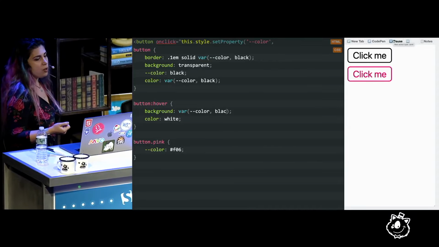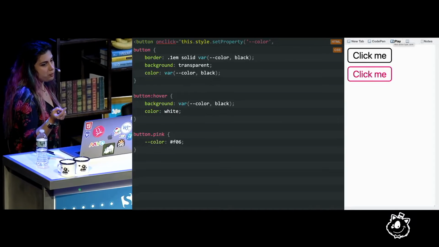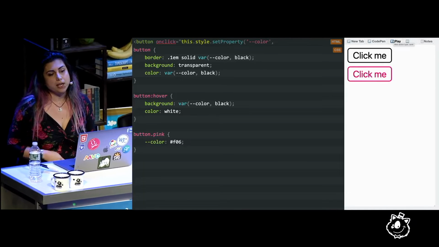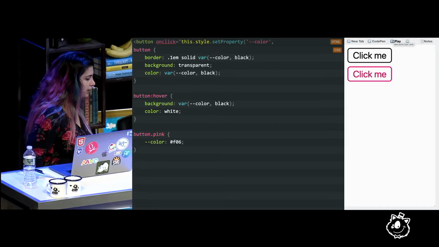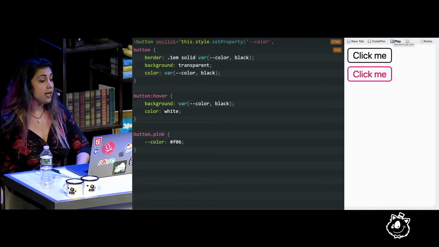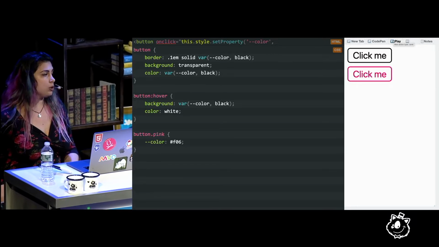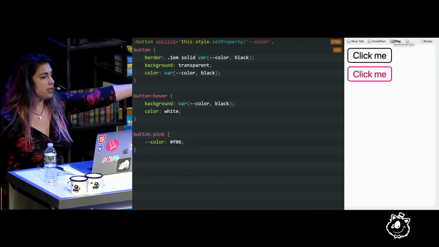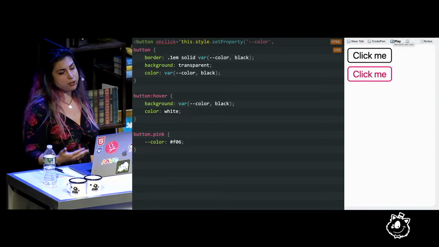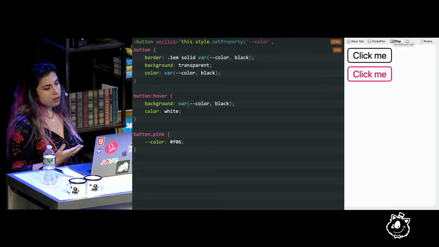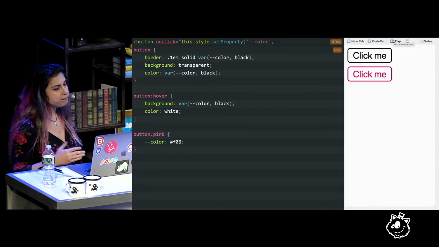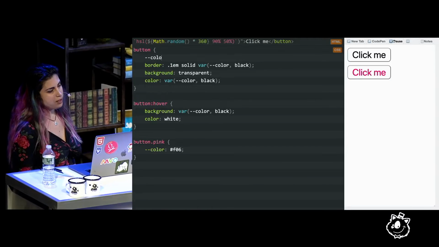So right now, we've set the fallback to be black by setting a declaration of like --color: black in our base rule, but that was problematic for a number of reasons. It meant that anyone that wanted to use this button needed to override our own rule. It also meant that they couldn't just set --color on the root element and have it cascade down. So none of this is ideal. It's much better to use the fallback argument. However, now that we used the fallback argument, we had to repeat this value 3 times, which is not great. So what can we do?